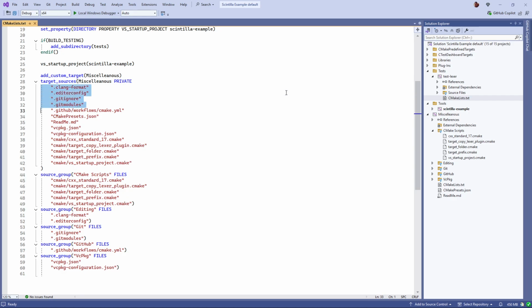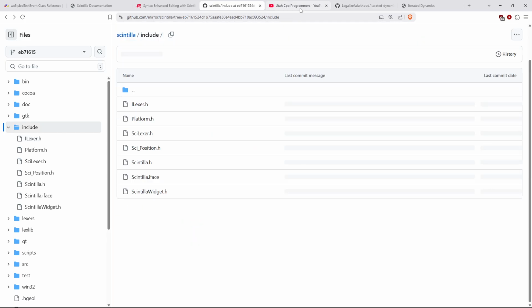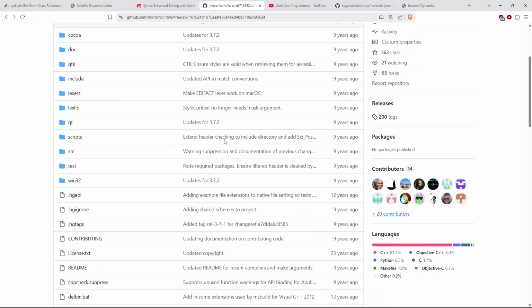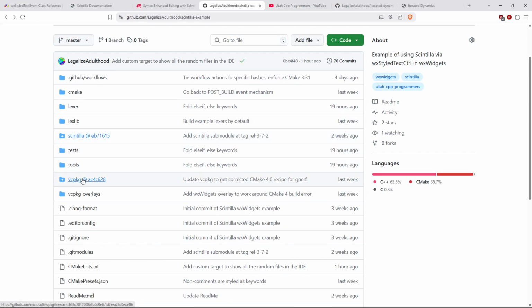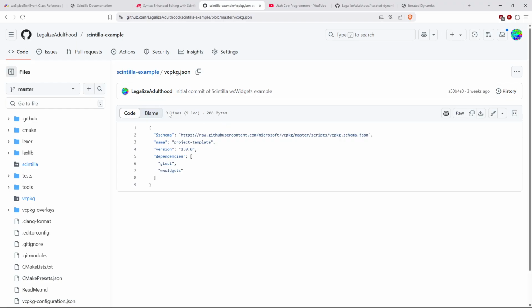But I have all these other files: my clang-format configuration, my editor configuration, my gitignore, my git modules file, my GitHub workflow YAML file. I've got CMake presets. I've got a README. I've got a JSON file that I'm using for vcpkg to get my dependencies. If we look back over here on GitHub, go back to my project. One more. You see I've got vcpkg as a submodule, and I've got my vcpkg JSON file that's describing my